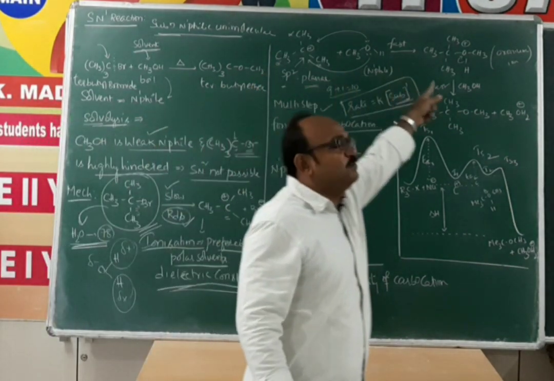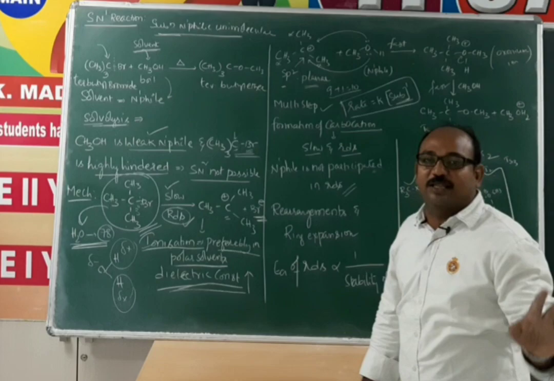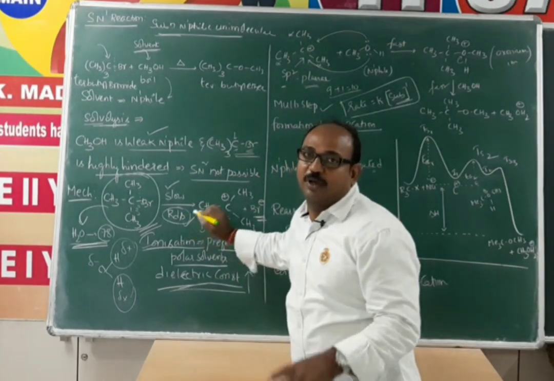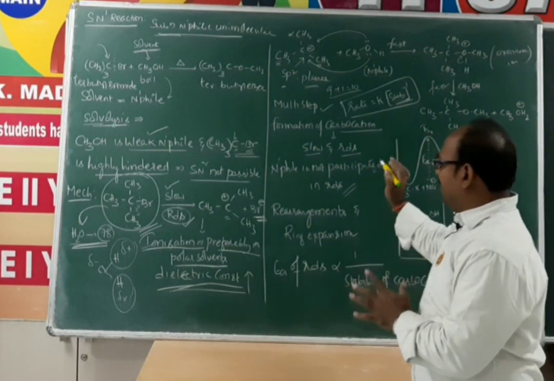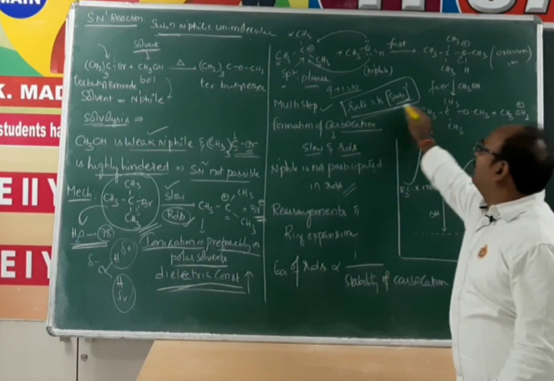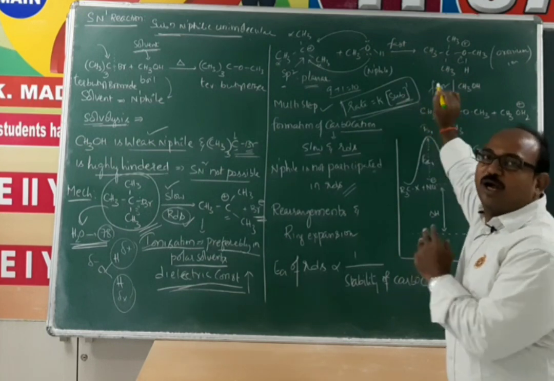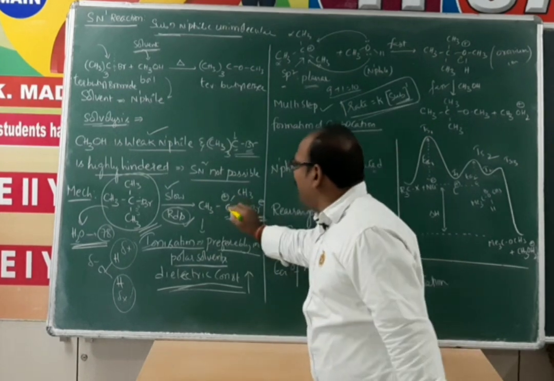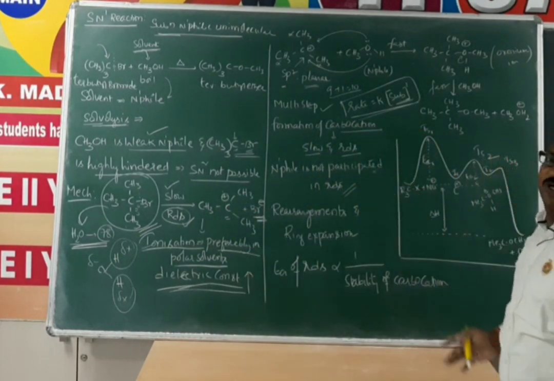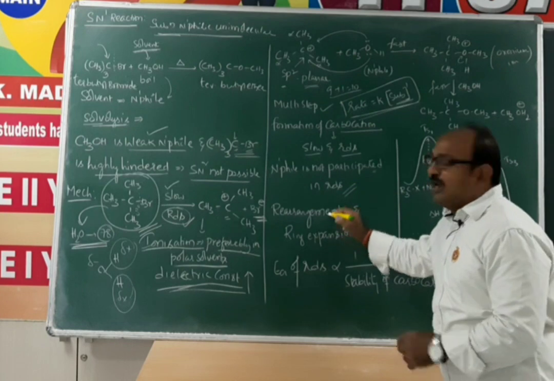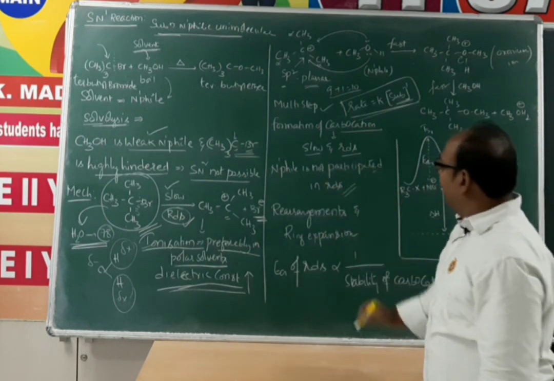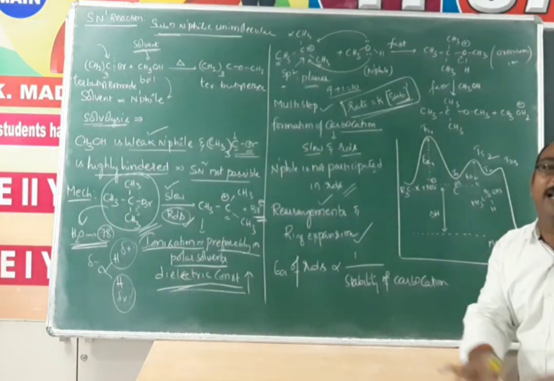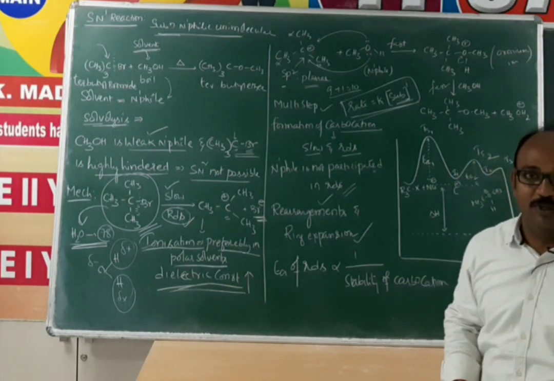Even though these two steps are fast, we are not supposed to consider them. We have to consider only the rate determining step, the slow step. Now, here the nucleophile does not participate, that's why rate of reaction equals K into the concentration of substrate. And since the reaction proceeds via formation of a carbocation, as we discussed many times, wherever carbocation formation is there, rearrangements and ring expansions are possible. If there is a ring, then expansion. Without a ring, expansion is not possible.